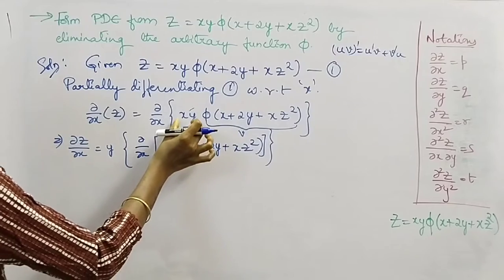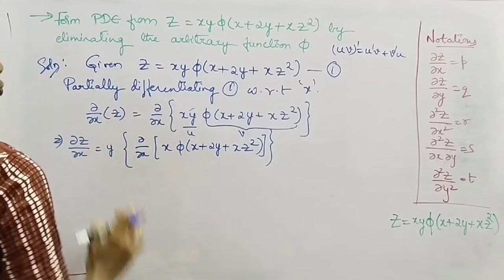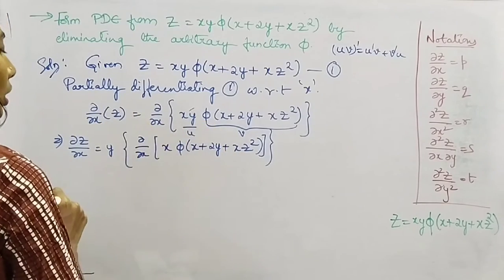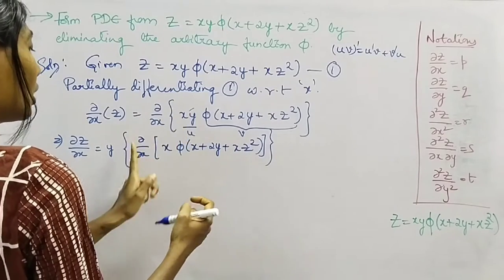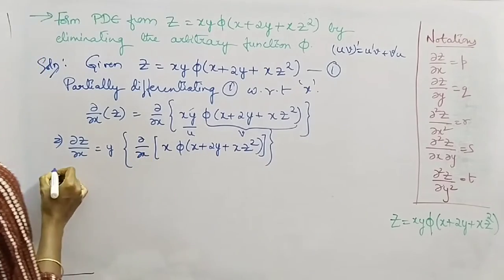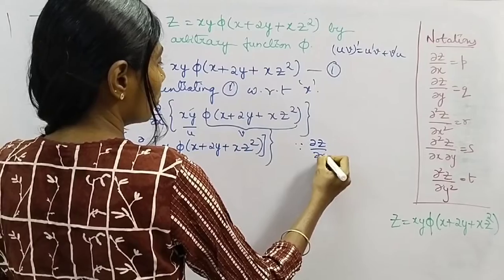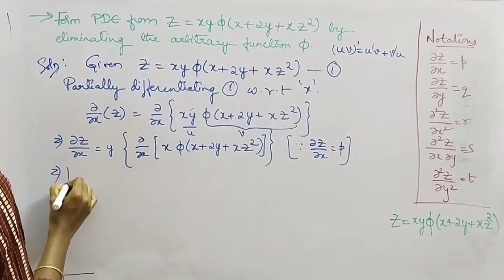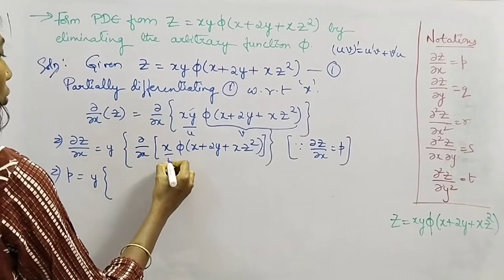You can also apply the uv whole prime formula for this, but for my convenience I'm taking this y outside. Just pulling it out, and then if I pull this y out, I'll get dou by dou x of x into this phi, okay? Simple. Since we have the notation dou z by dou x equal to p, I'll replace it by p. We'll get p equal to y times the partial derivative of